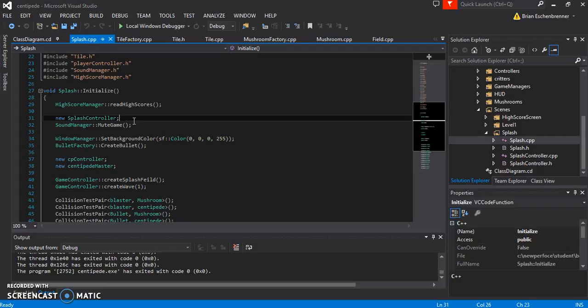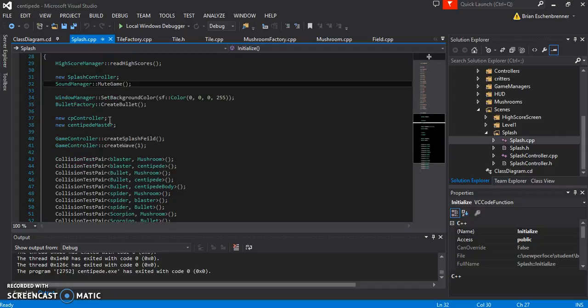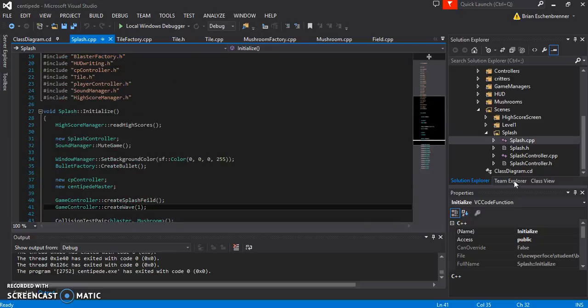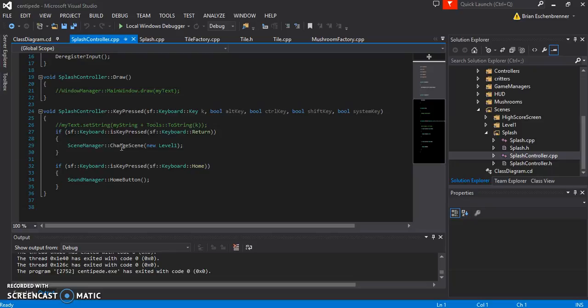It'll load up the splash controller, which is just checking for enter. It'll load up the sound manager to mute the game. It'll tell the bullet factory to create a bullet. It'll load up the computer controller. It'll load up the Centipede master, and then it will create my splash field and load create wave 1. And it's got all my test pairs there. And like I said, splash controller is literally just checking for if enter's been pressed to change to level 1, or if home has been pressed to mute or unmute the